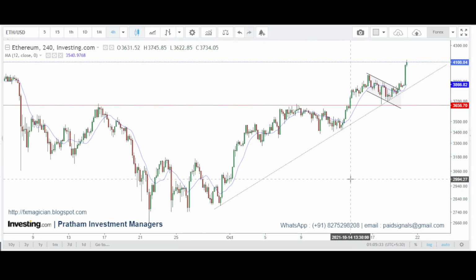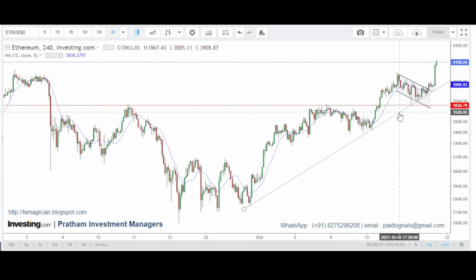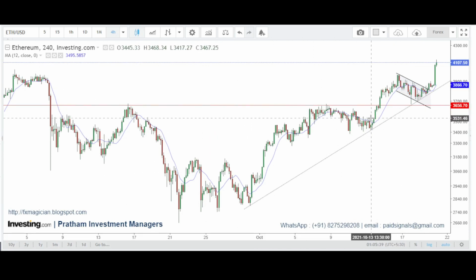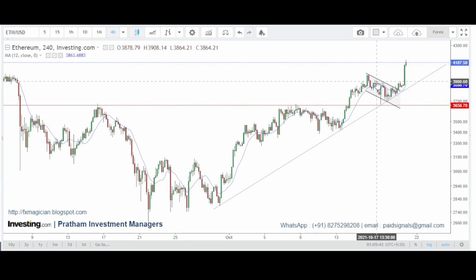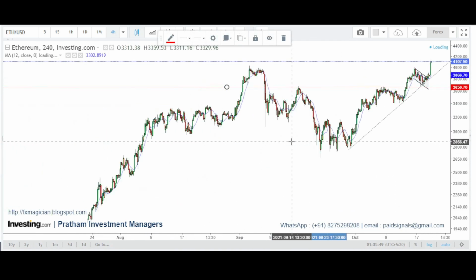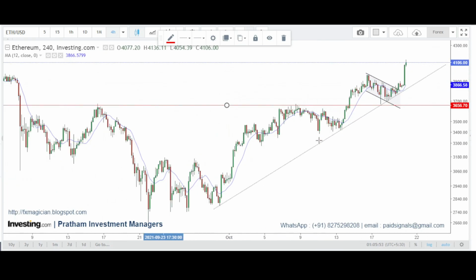So for me, this is a formation of inverted cup and handle, inverted head and shoulder, and then we are seeing the retracement up to the neckline level. This red line that I have already marked is a strong resistance line, and it is actually the neckline for the inverted head and shoulder formation. Let me show you the formation.